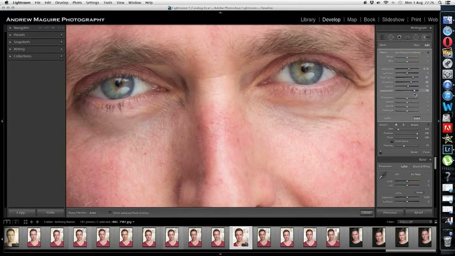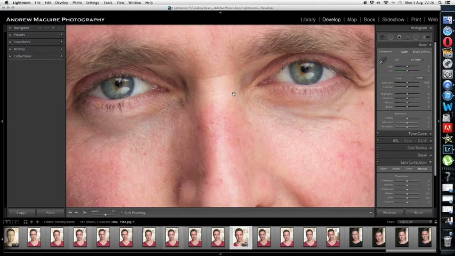I normally go to about 2/3 of the way across, or 3/4 of the way, and the same with clarity. Again, too much clarity looks a bit silly. However, it's only a small part of the portrait that you're enhancing. So if you drop that around about 2/3 of the way, hit done,